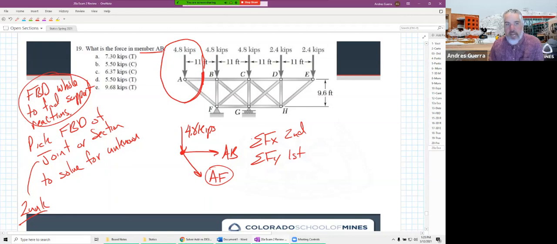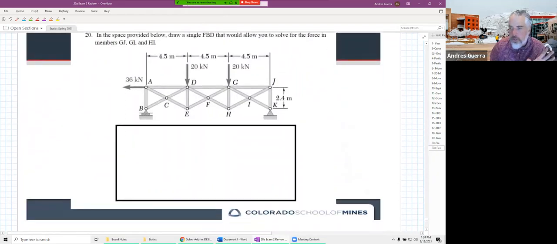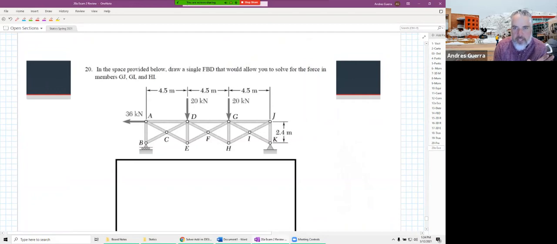So that one, we didn't even have to do the FBD of the whole because we found an FBD where we didn't need to know what's going on here at F and what's going on here at G. Now, if we move on to the next problem here, we are now asked to draw a single FBD that allows you to solve for the force in GJ, GI, and HI. So GJ is here, GI is here, and HI is here. Now this should really say assuming the support reactions are known, because